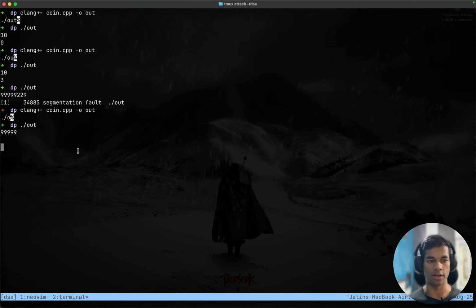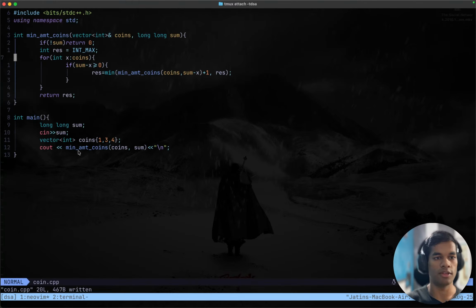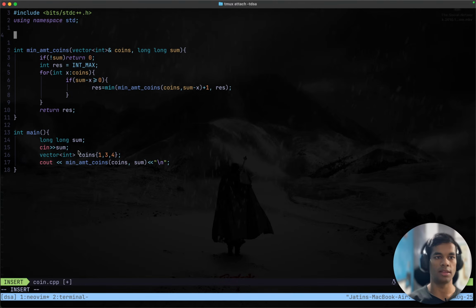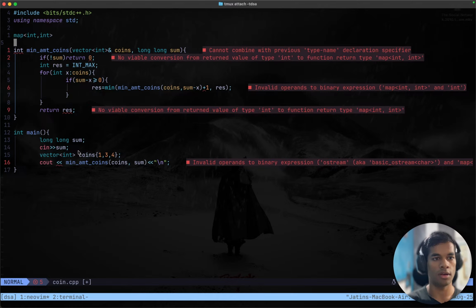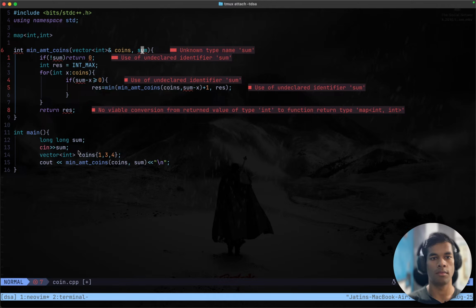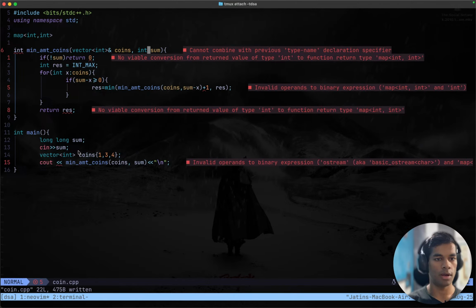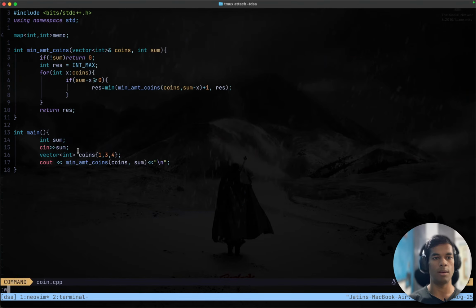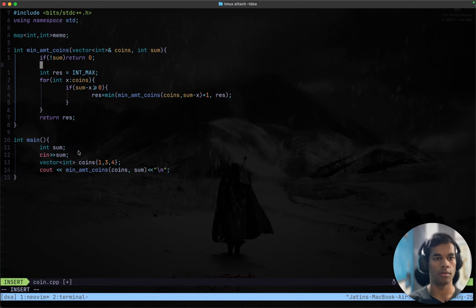See, it is still not working. And we are going to fix this thing by using a thing called memoization. Map from integers to integers, and we can change the thing back actually. Change this back to an integer and change this back to an integer, and here we are going to call this thing memo. Memo is what we call it, and